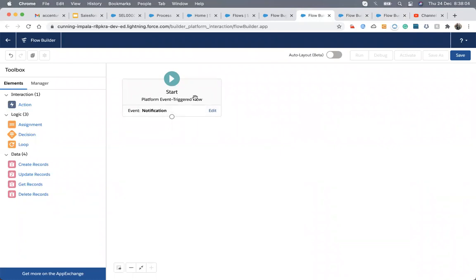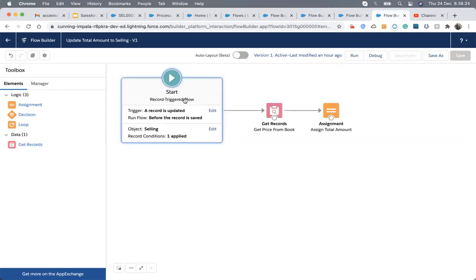But events don't work alone. We need something else that will trigger that event, because events are not triggered automatically. So event is an option, but it's not a good option. So we will choose that record trigger flow.